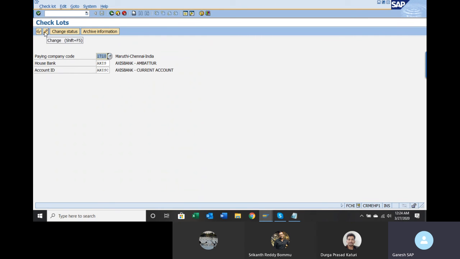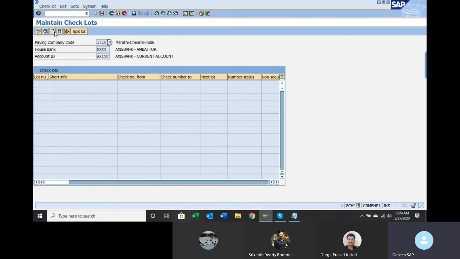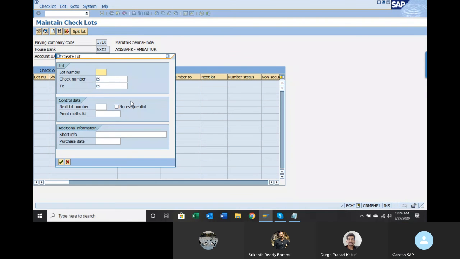Click on the create button. Lot number, let's say Axis Bank, so 1000. Check number, let us say 000002 to 9999. So this is the check lot that we have received from the bank.